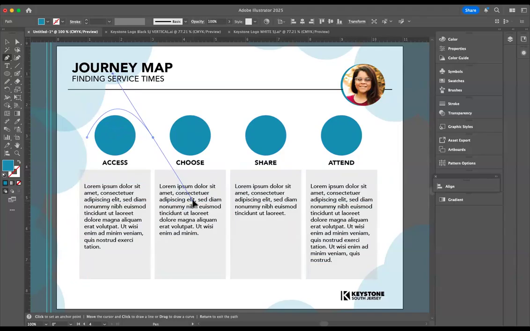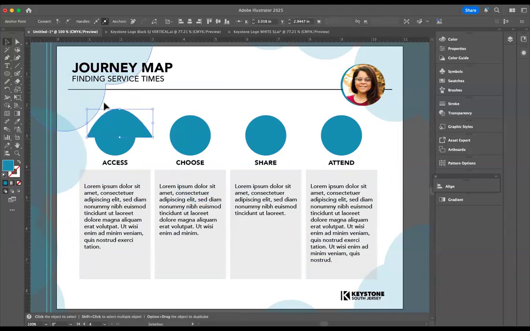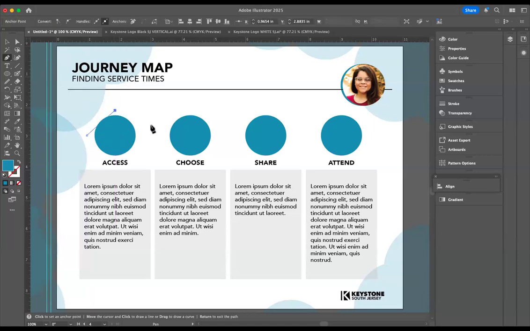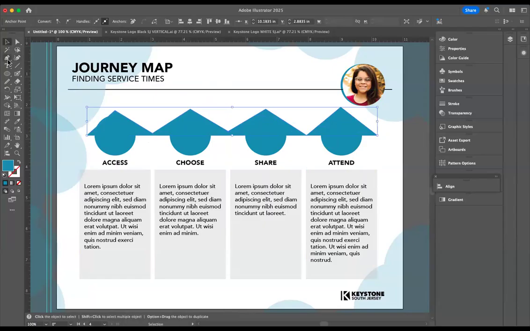Right. Maybe I want to do something like that. There you go. I'm just using my pen tool to place where I want my points to be. Right, and then I'm going to go over here to my anchor tool and I'm going to make them into,